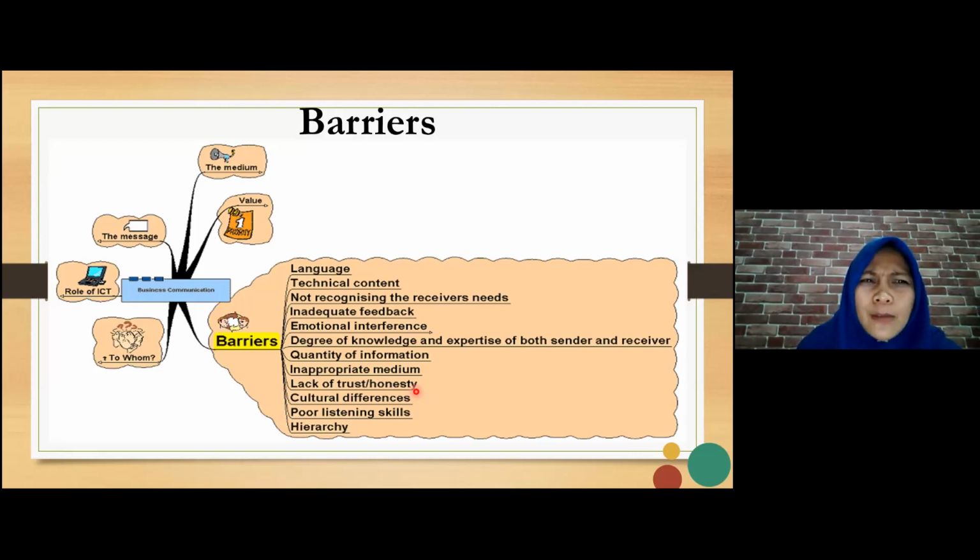Because if you are a person who always lies to anyone, nobody will trust you. Nobody will believe in you, right? Because you are not an honest person. Okay. Then the next one that will influence the barrier of communication is about cultural